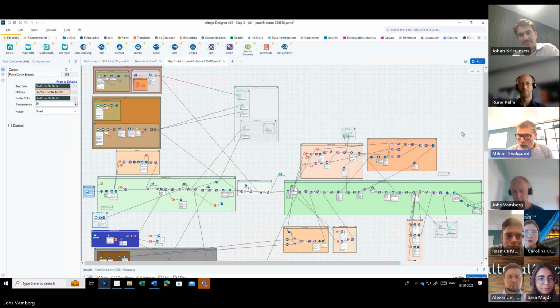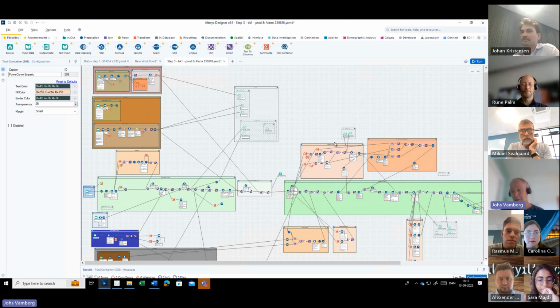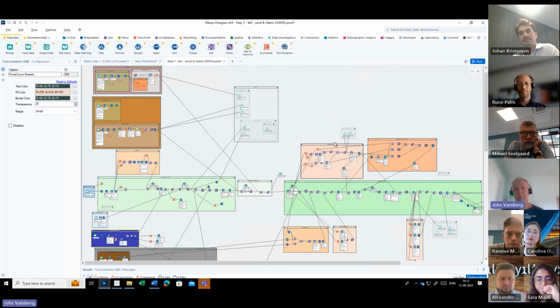I have one more question. You talked about models. Do you use the predictive palette in Alteryx, or how do you do the modeling? No. What I do is make my own models, and it could be some of these boxes here. You can ask, what is a model? A model could be a way of estimating the loss production. Loss production is something intangible.